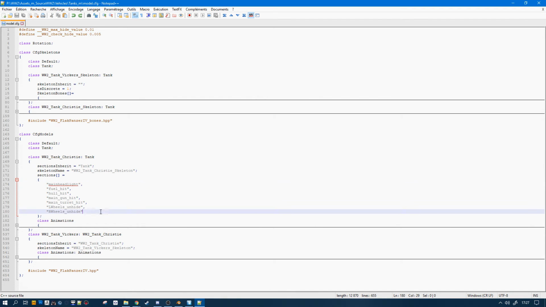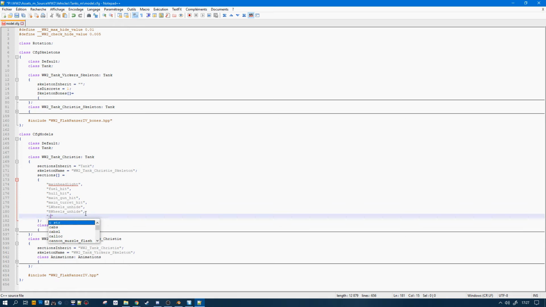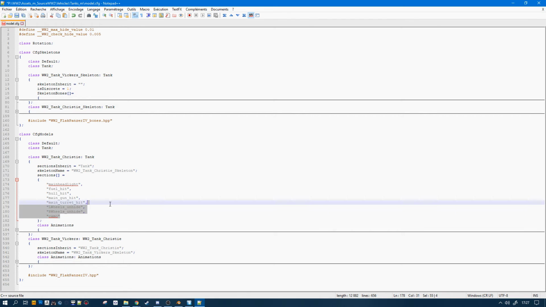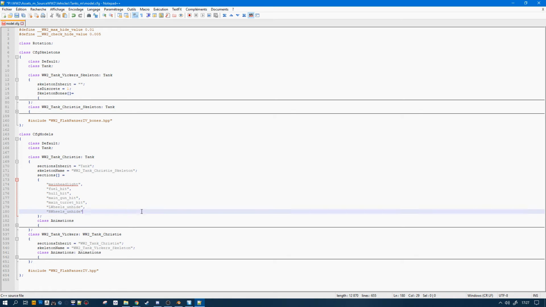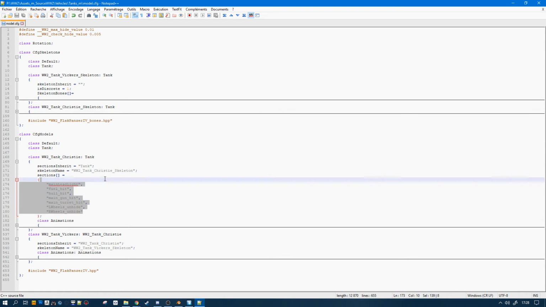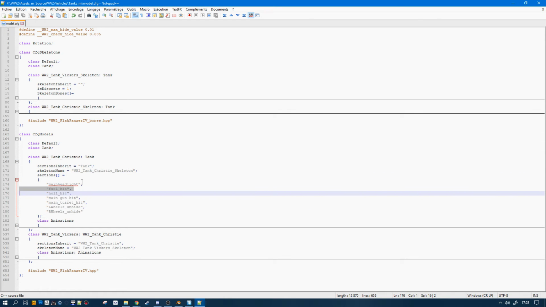But in tanks you then have camo 1 and so on, that you may already have encountered if you did some retextures, and that's declared in this place. So when a model can be retextured, it's because the model declared the hidden selection in there as a section. So that's it pretty much for the base structure of model.cfg.